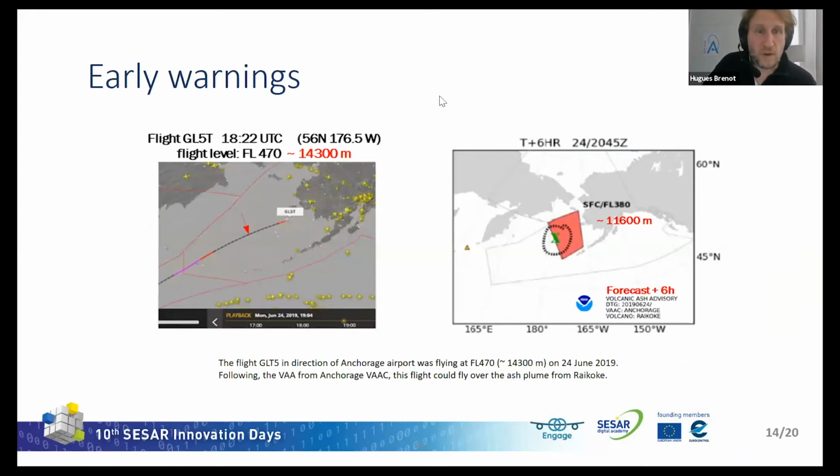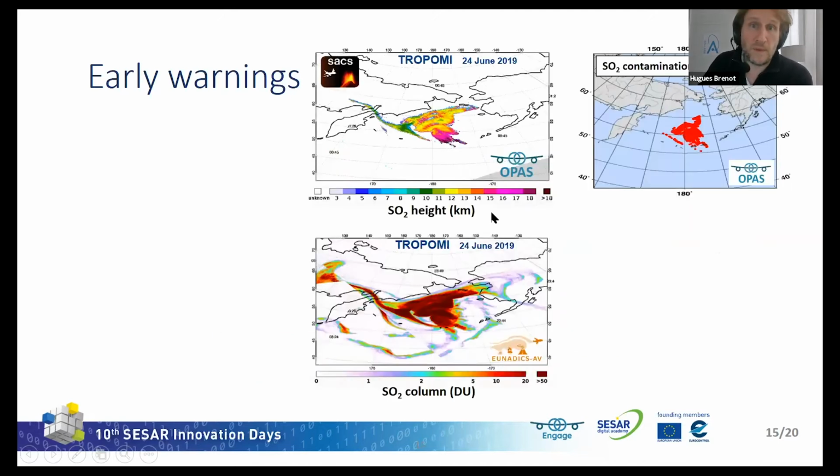During this event, the flight GL5T flew in the direction of Anchorage, on the 4th of June 2019. According to the volcanic ash advisory, this plane could fly at an altitude of 14 kilometers, flight level 470. However, if we look at the observation from TROPOMI and the contamination of flight level 470,